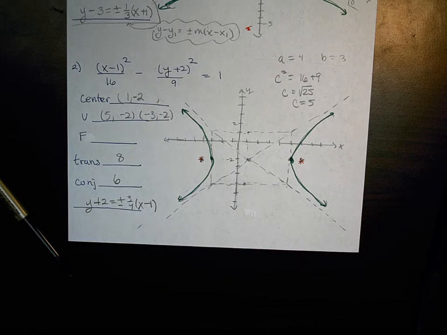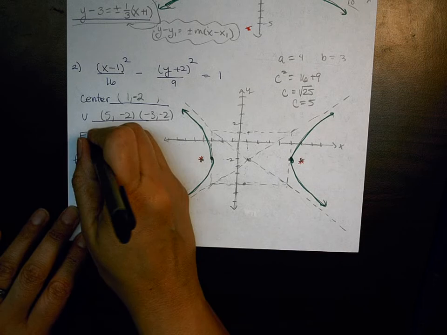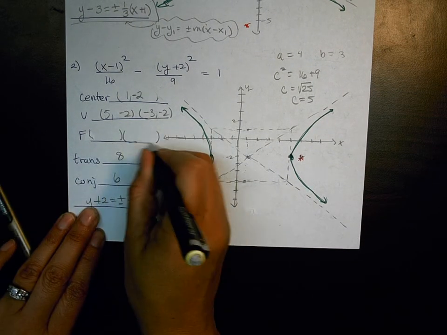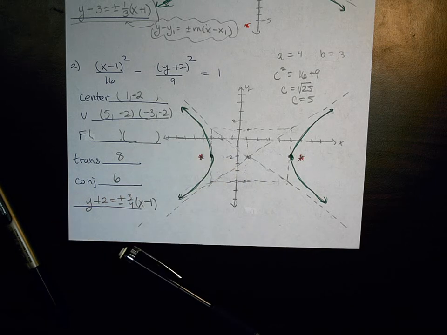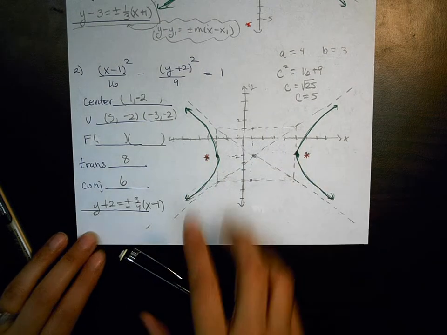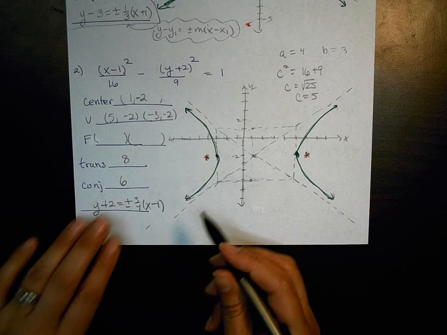If you are using the formula, plug in the plus or minus 5 and get two separate ordered pairs. If you're not using the formula, then you're looking at your graph. What are they? 6, negative 2, and